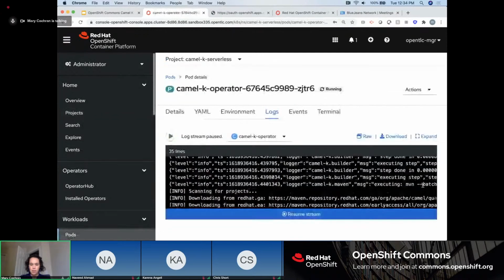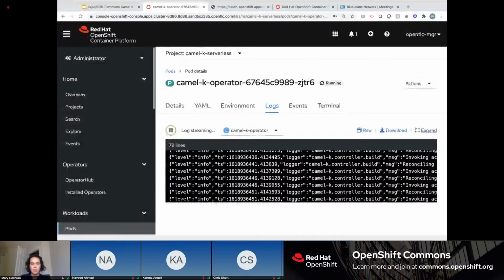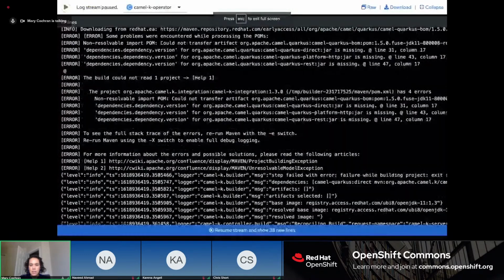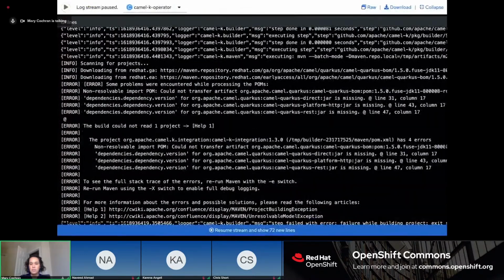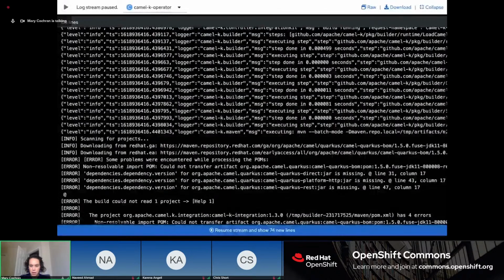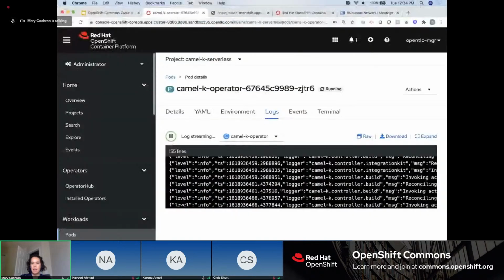Back in logs. Okay. Oh, looks like we actually got an error. Well, might have to jump back to our other OpenShift cluster. We'll give this one a minute, and in the meantime, I will show you what you can do if, say,